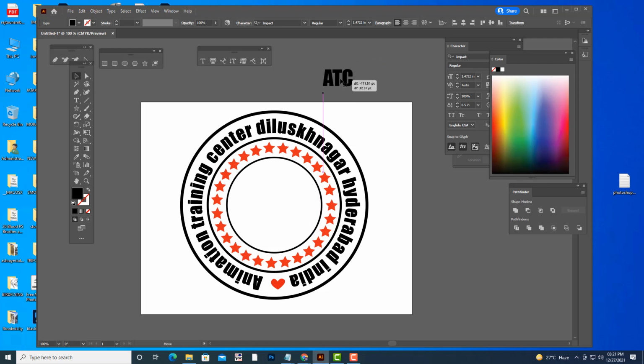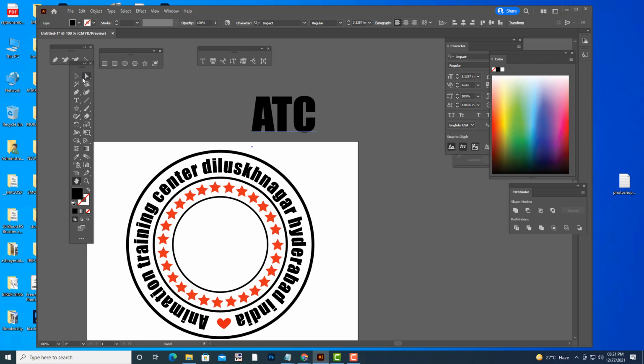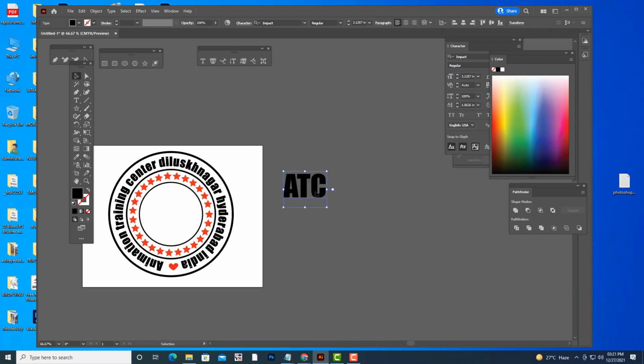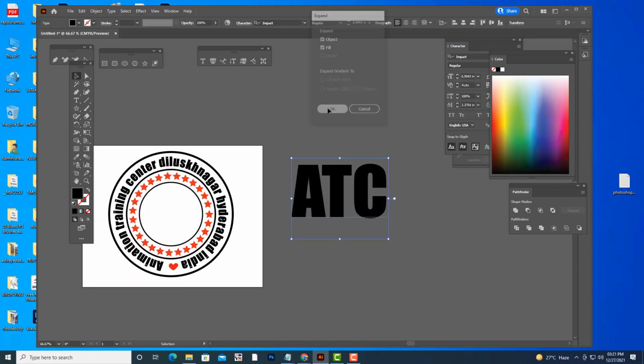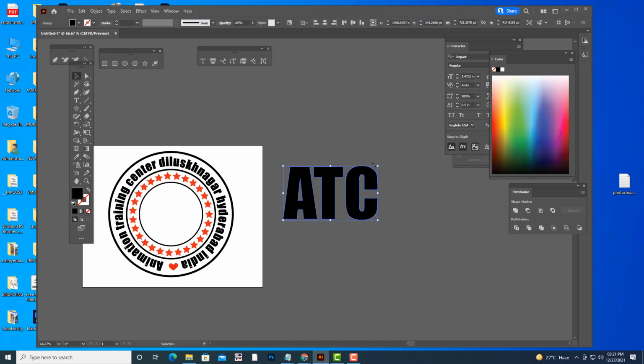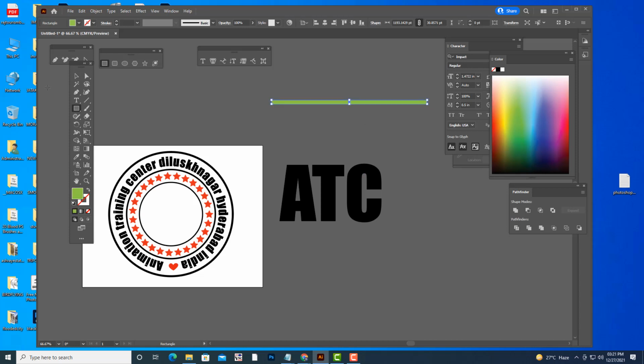Then we will expand this. How am I going to expand this? Object, Expand. Then I will make it a little bit fancy. I will take the rectangle tool and give some color to this.